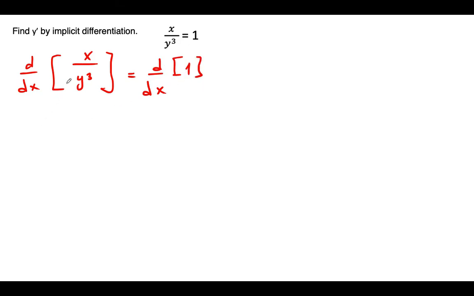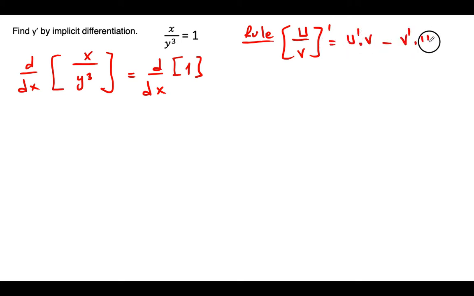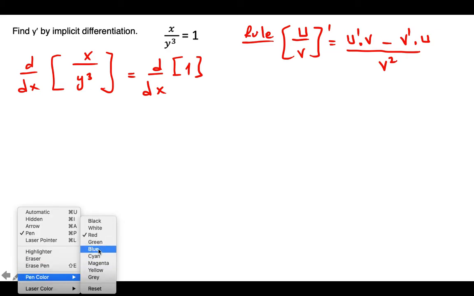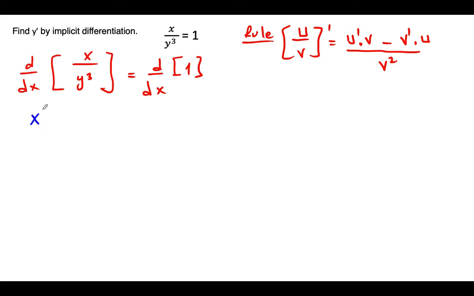So we have the derivative of the division. The rule says, for the normal rule, I mean, the derivative of u over v is u prime times v minus v prime times u, divided by the denominator to the power of 2. So in this question, if I use this way, what can I say? The derivative of x times y cubed minus the derivative of y cubed times x, all divided by y cubed to the